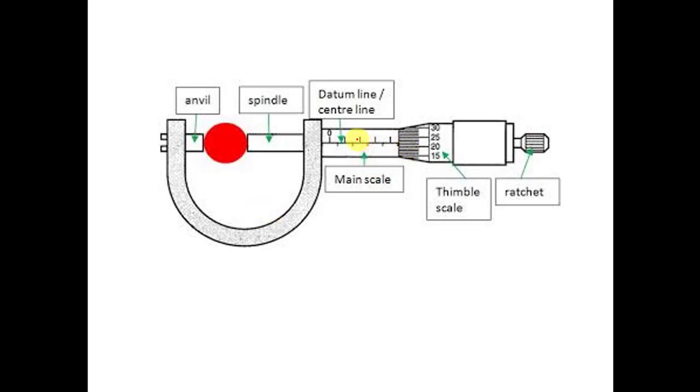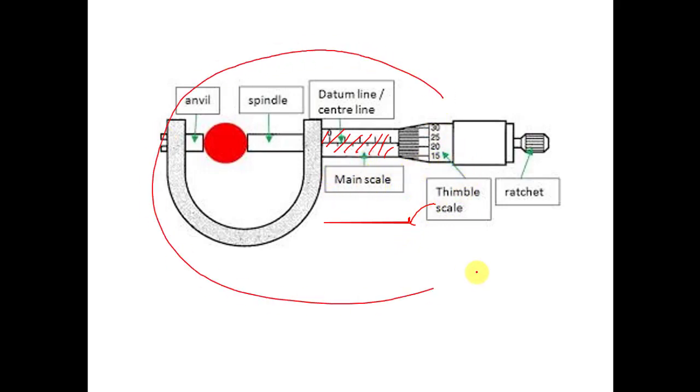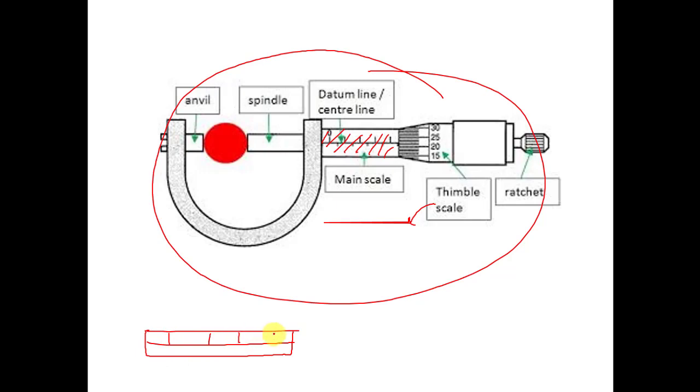This is the figure. This is a screw gauge which you have seen in your physics lab. In this case the main scale looks like that, and the secondary scale is in the form of a radial scale which rotates. This is your thimble scale. So if we use this type of scale in your theodolite, then the theodolite is known as micrometer. Otherwise we have a vernier scale which is like this one. This is your main scale, like this is your 0, 1, 2, 3, 4, and this is your 1 unit. Over this scale we have a vernier scale.